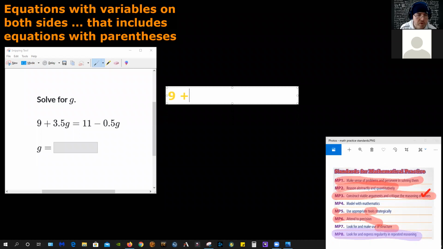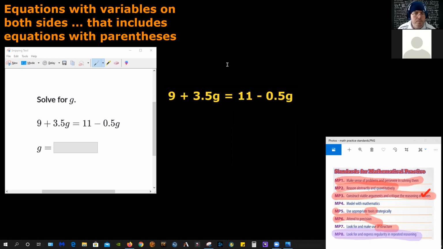So 9 plus 3.5g equals 11 minus 0.5g. This one's already set up, post parentheses. You don't have to worry about that. All you have to do is the inverse operations and then solve for the letter. So in this case,